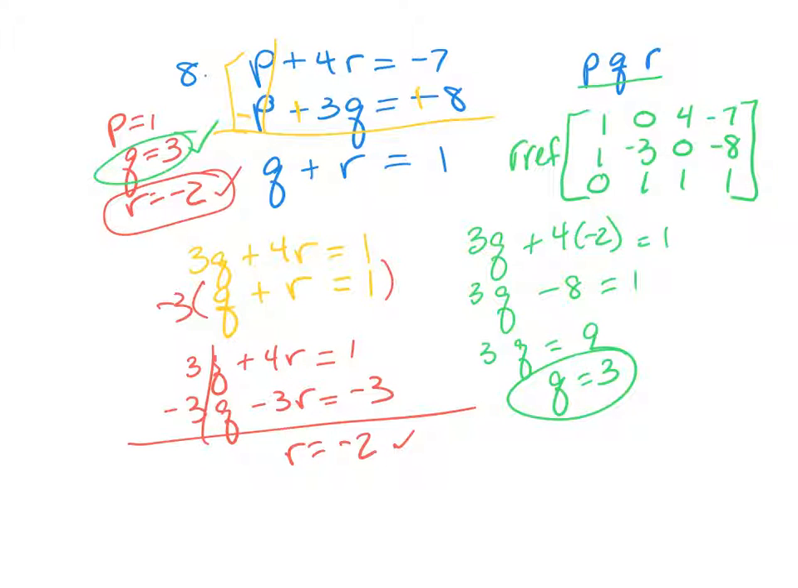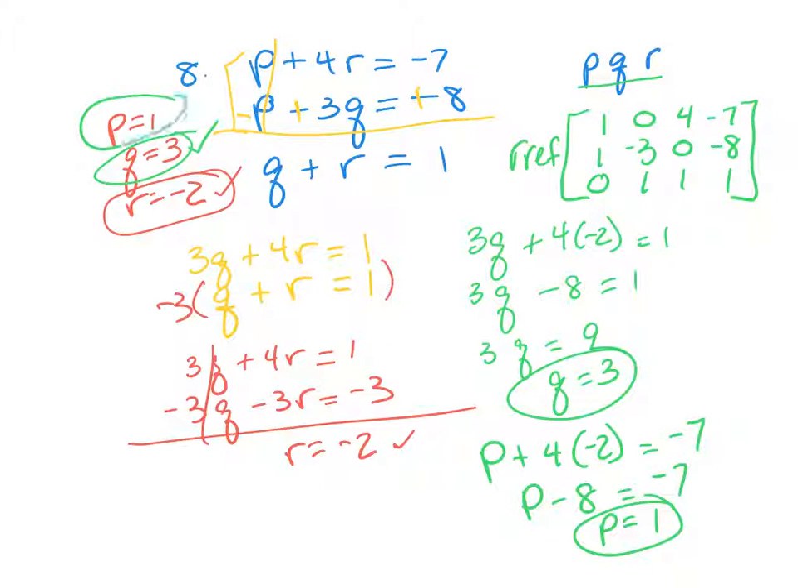And now we've got to plug in the R or the Q into one of those two first equations. Does it matter? No, it does not. We got to find P. So P plus 4R, so it's 4 times negative 2 equals negative 7. P minus 8 equals negative 7. P equals 1. Got it. So you can use the equation